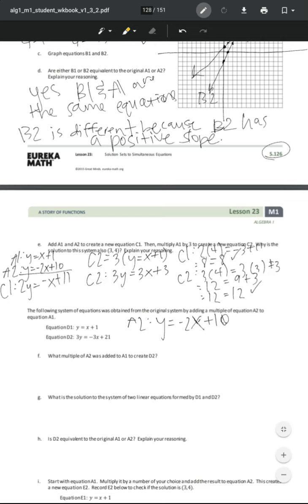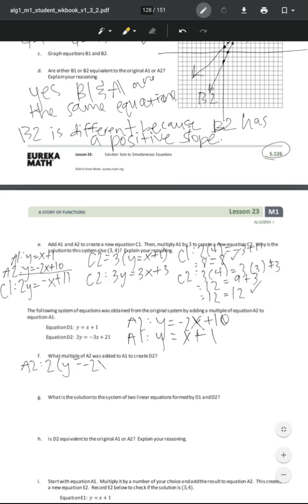Plus 10. So again, we're looking at what we did to A2 and then added to A1 in order to get D2. A2 starts with 1y and A1 also starts with 1y, but D2 has 3y. So I need to multiply A2 by something that I can add 1 to in order to get 3. If we multiply A2 by 2, that gives me 2 times y